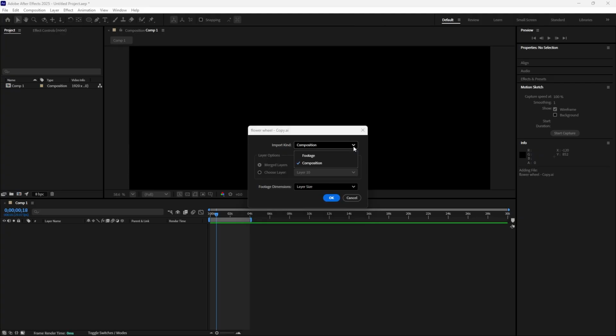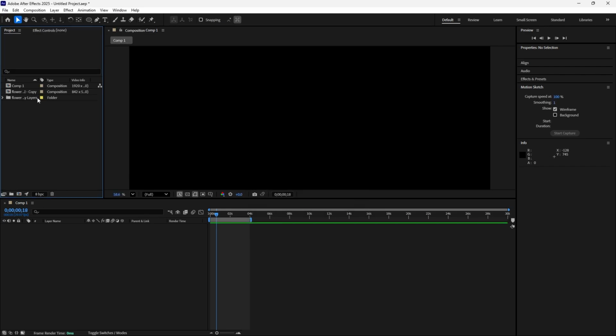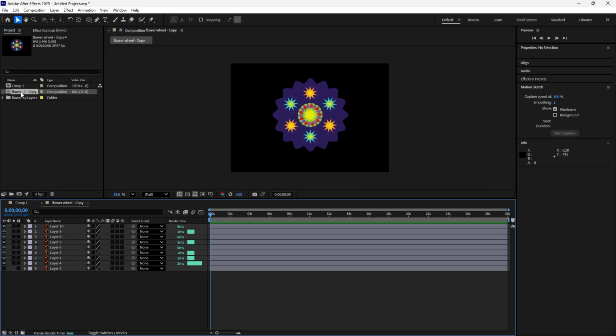So how to import this as a composition or footage, right? Keep this always as composition only. Okay, and say OK. Now see here we have flower 1, and double click on that, right? No need to drag, double click on that. So all the layers are opened. Now if you check one by one, so this is one, and this is another one, and this is another one, and all the